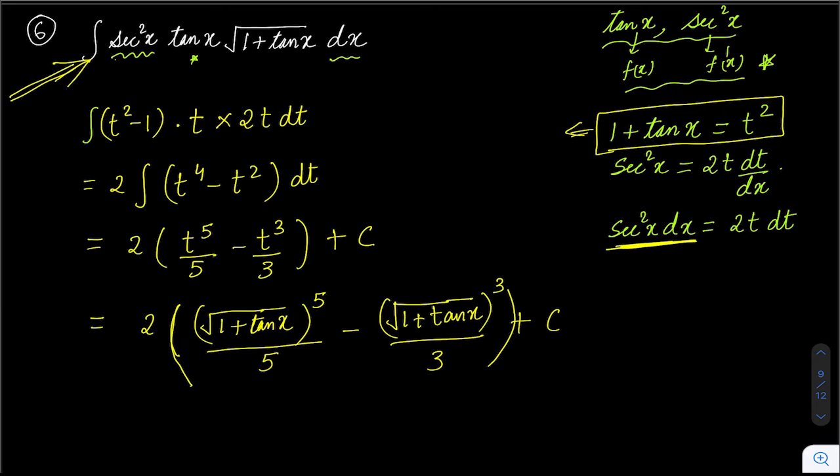And in fact, I will just tell you, when you are trying this question for the first time, sometimes students take just tan x as some variable t. You can do that. But in that case, you will have to use substitution twice, because you will have to ultimately remove this square root also. So that's why we are using this substitution. So in this way, with one substitution, we can simplify the question.